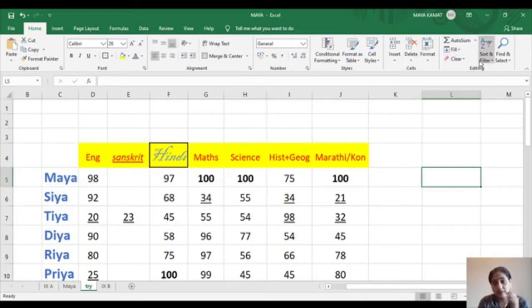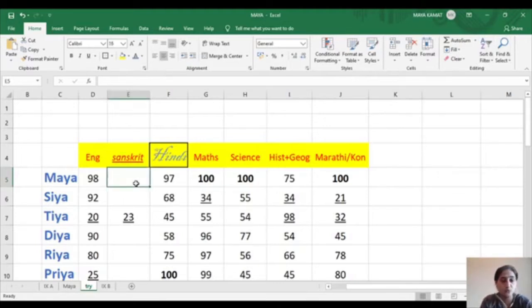Now, another important part to be studied here is filter. Last class I had taught you about autofill, wherein you could have automatic entries for years, date, time coming up into your Excel cells. Similarly, there is a very nice feature called sort and filter given by Excel, which helps you to filter based on certain criteria.